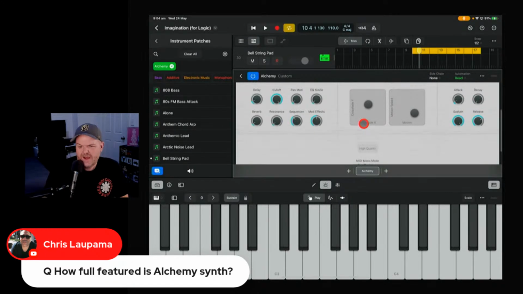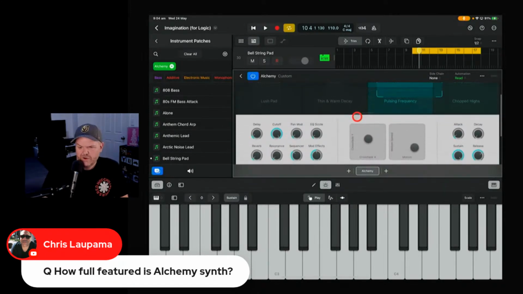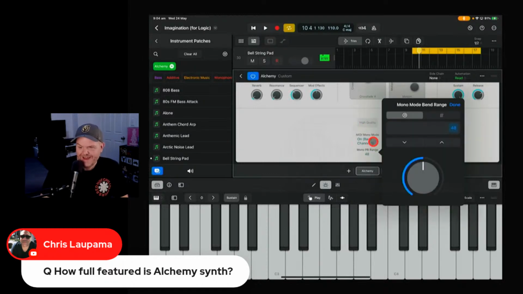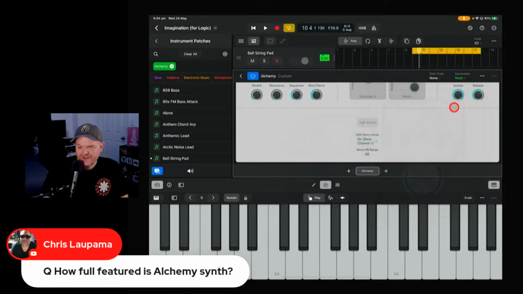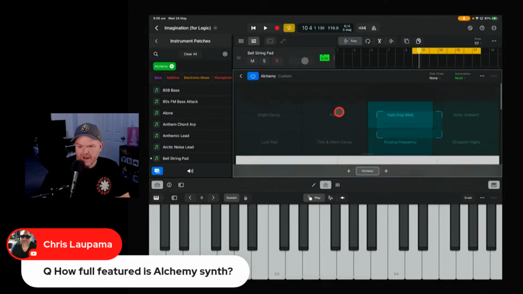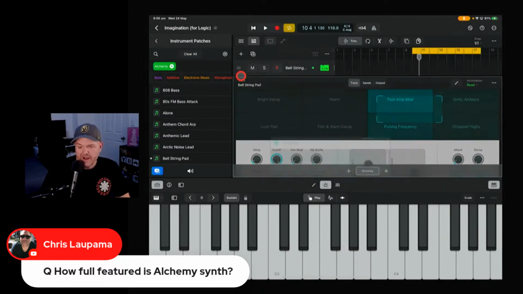Yeah, maybe it's not actually that much more advanced than what is on the iPad. There's definitely some more options down here which I've not actually played with at all. So yeah, I would say it's somewhere in between would be the simple answer. It's probably not as full featured as Logic Mac, but it's more featured than GarageBand on iOS.